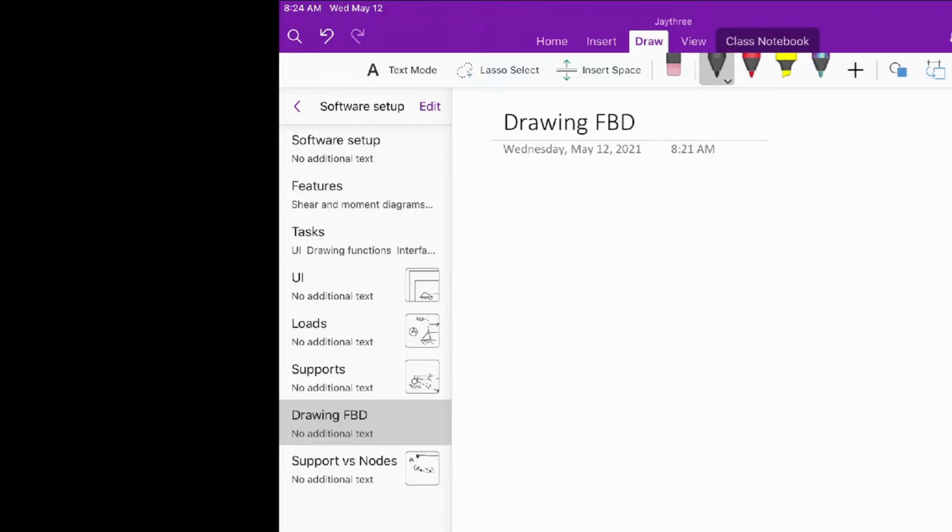So the first thing that we need to do in analyzing any statics problem, as any engineering student can tell you, is you have to be able to draw a free body diagram, or an FBD. And so if we take just a very simple case, which is our simply supported example,